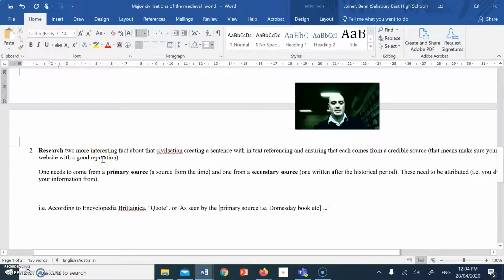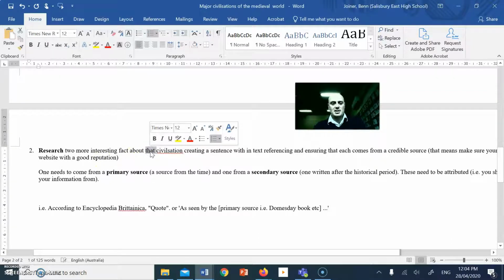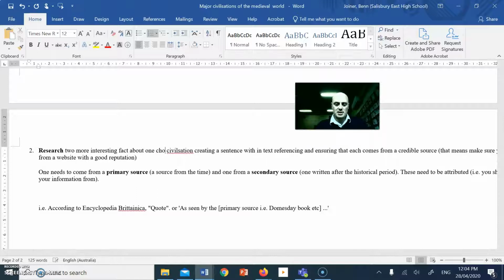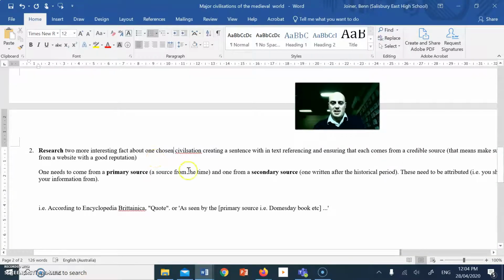Then you're going to choose one and you research about two more interesting facts about one chosen civilization. You choose a civilization, and you're going to create a sentence with in-text referencing. So, okay, you're going to need to say something like, according to Encyclopedia Britannica, and then you put in your quote. What did they say? Okay, important to be using those